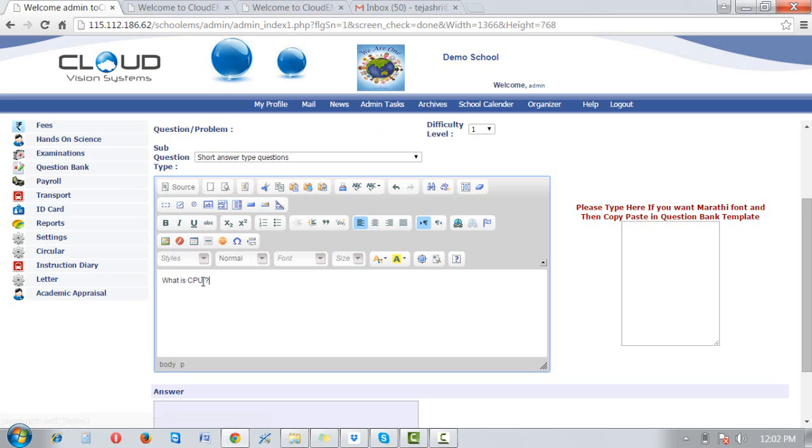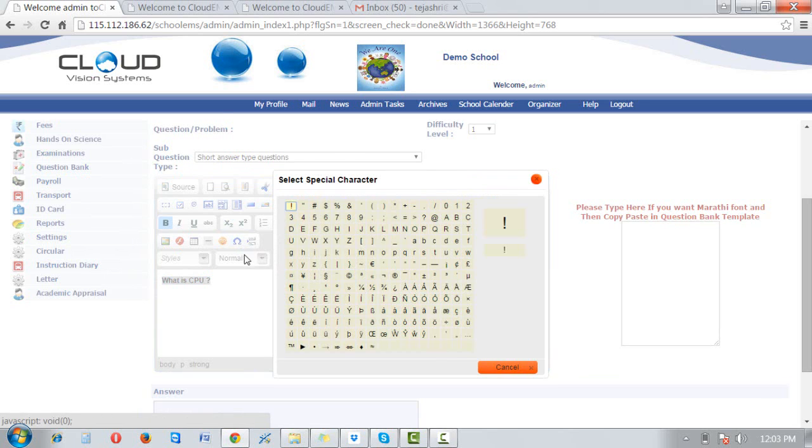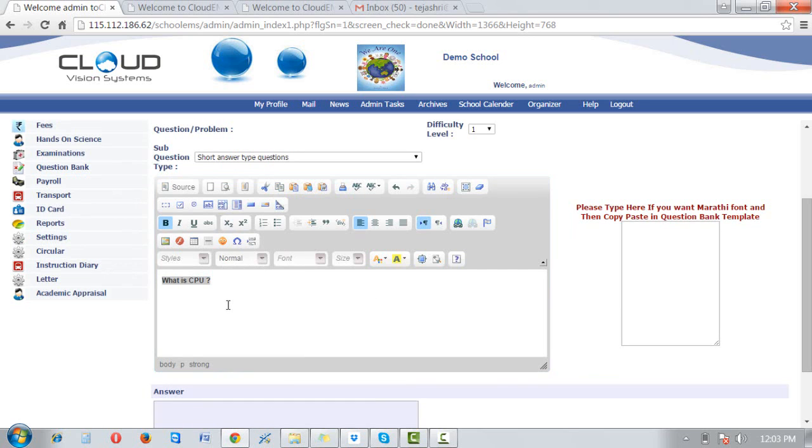If I want to put bold or italic, I can do that. If I want to put symbols, even for creating maths papers, I need the symbols. These symbols are over here, like entering special characters such as addition, subtraction, multiplication and all. So these are the special characters we can add from here.